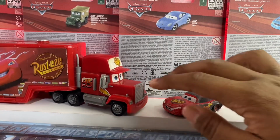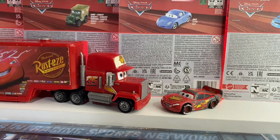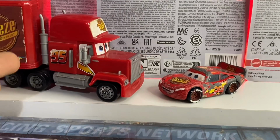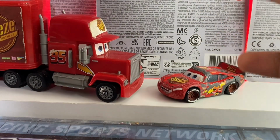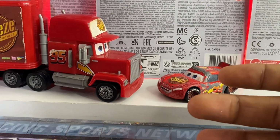But anyways, that was basically it for the 2006/2007 Mack hauler. I rate this Mack a 9 out of 10, pretty nice. I love the size of the hauler, really nice because in the movie, Mack is very long. I also like the details inside, but one thing I kind of don't like about the hauler is that,